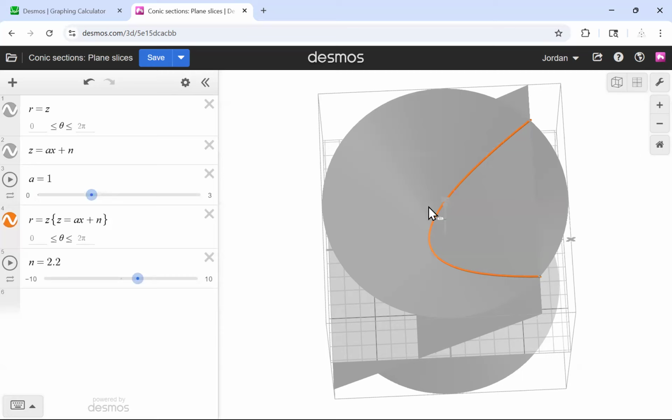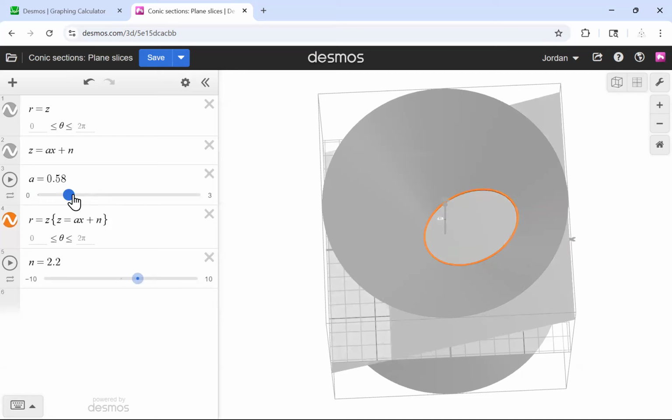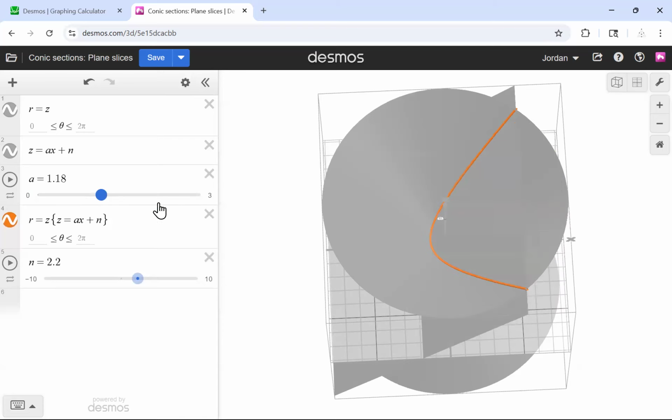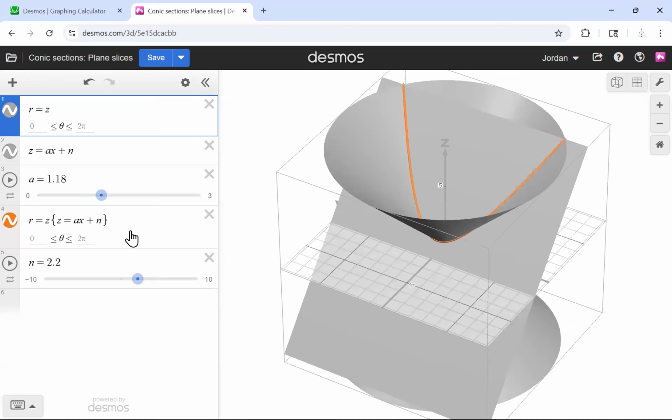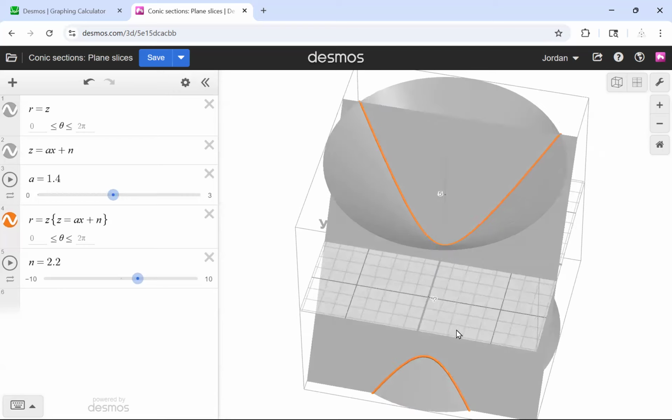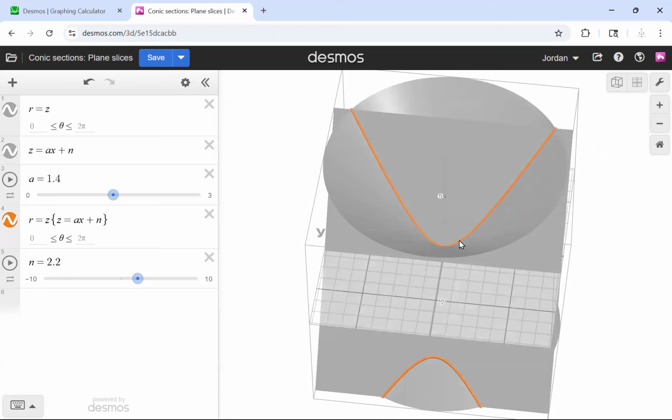That's why this edge of the parabola and the side of an ellipse looks so similar. And then as we go over 1, eventually we cut both sides of the cone, and I end up with a hyperbola. And again, that's why at the bend, the hyperbola